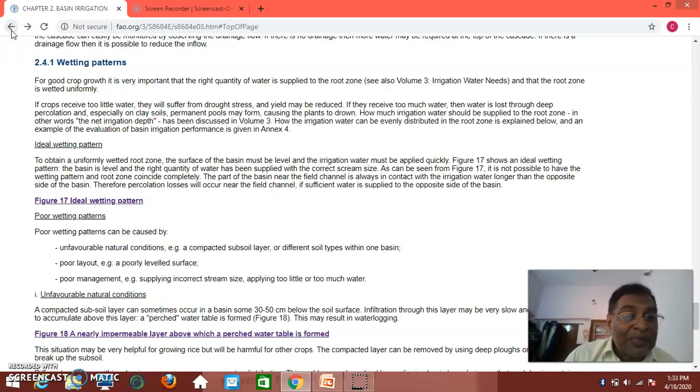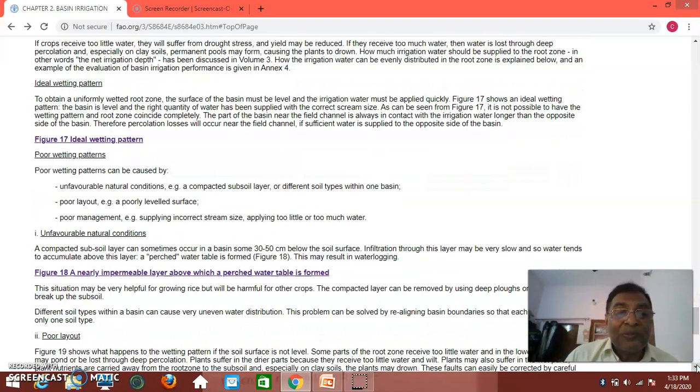For example, a compacted subsoil can sometimes occur in a basin some 30 to 40, 50 centimeters below the soil surface. Infiltration through this layer may be very slow. Water tends to accumulate above this layer, and a perched water table is formed. This may sometimes result in waterlogging also. But this may be useful when